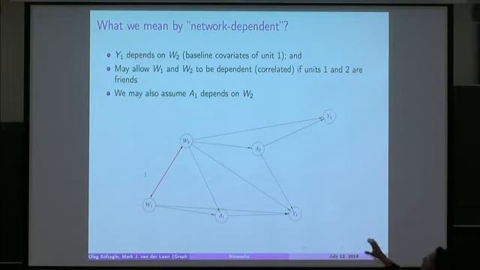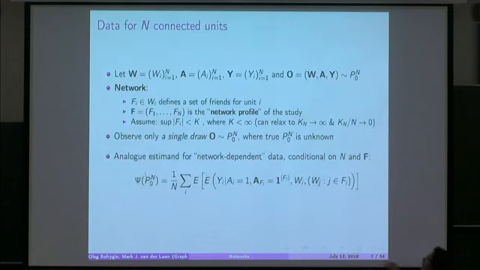That's what we mean by dependence. Now, let's make it more formal. Our data is as before. We collect data on baseline covariates, which I now denote as vectors. So we denote the W bold as all the n baseline covariates. Same thing with exposure. Bold A is all the n exposures on n units, outcome.